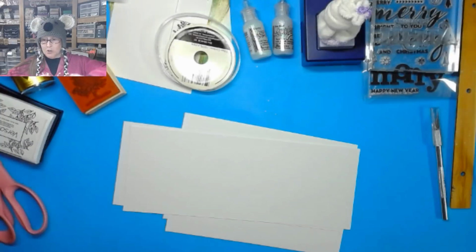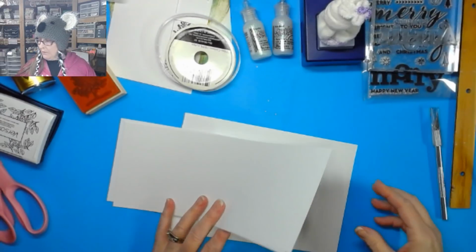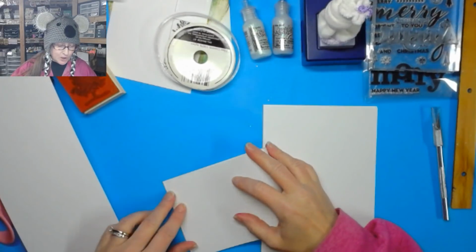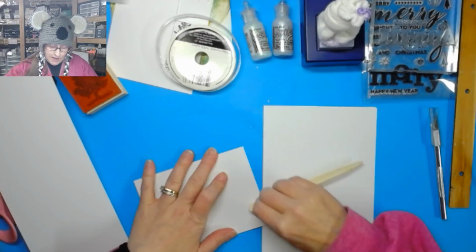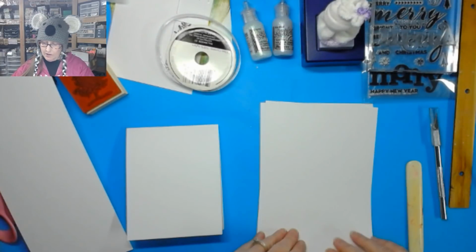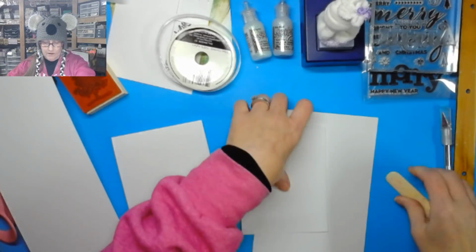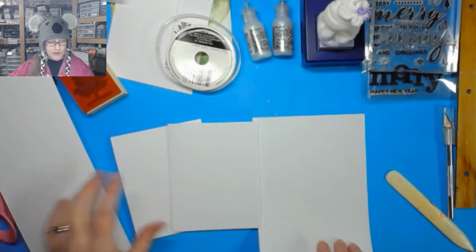And so, yeah, I'm going to show you a couple different ways because not everyone has the same kind of stuff. We will be making a couple of cards. So I've got a couple of card bases here. The long one that folds, they both fold into the exact same measurements. However, they just look a little bit different. So I cut one piece in half the long way, and so that one opens this way, 4 1/4 by 5 1/2, and then I cut a couple of them going what I call like the short squat way, and so it opens up this way, up and down, or side by side, however you want to do it. But I've got two different ones,